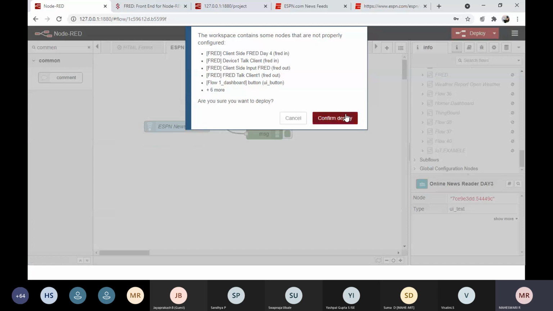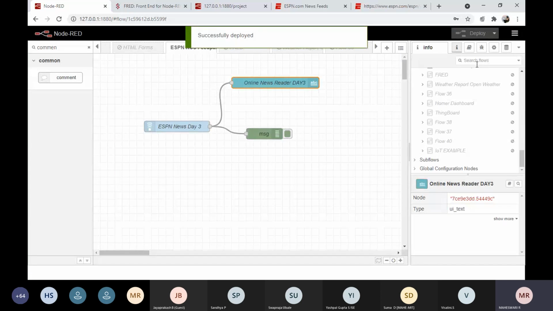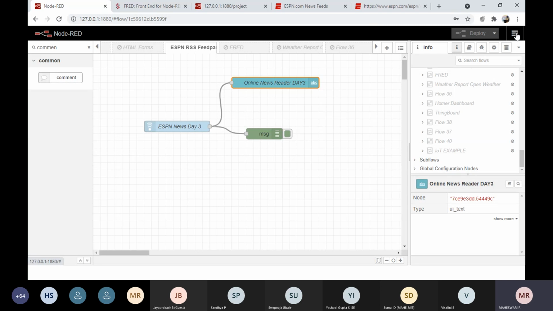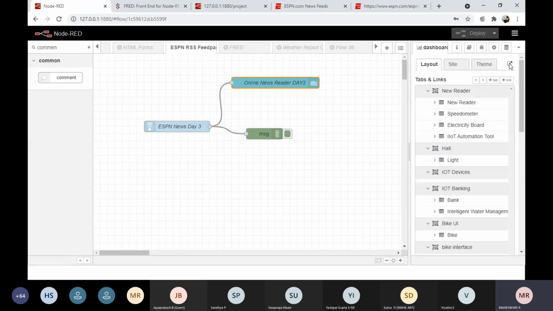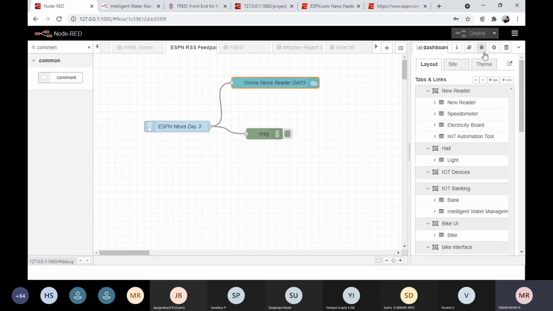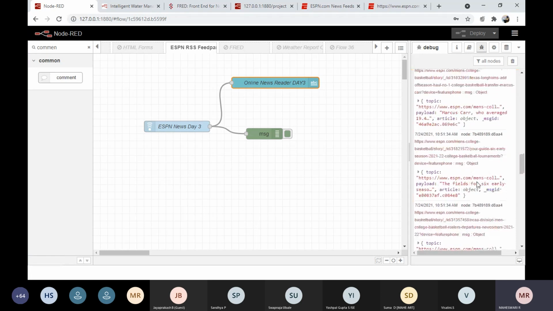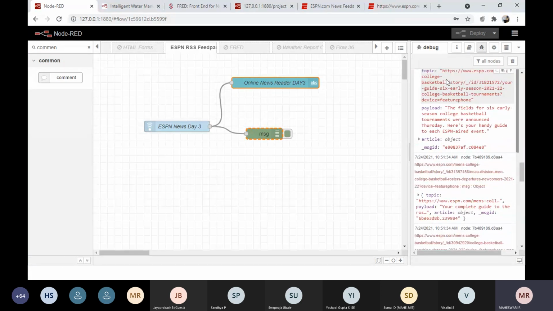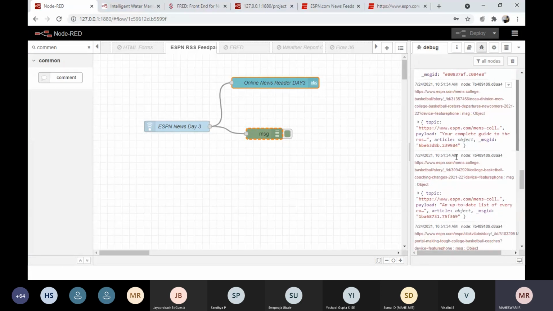Click deploy, confirm deploy. Now go to dashboard, click UI. You could see the news read from the particular link displayed here. So this is the complete news read of this particular article.